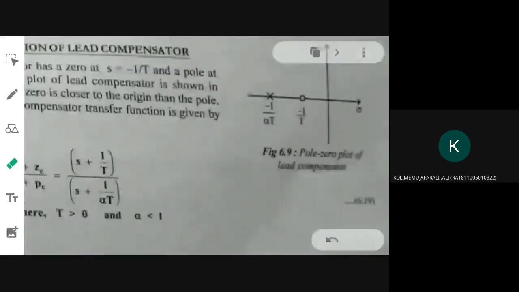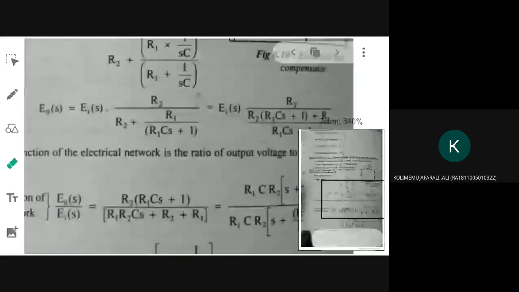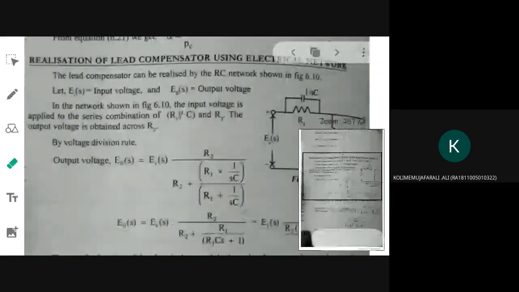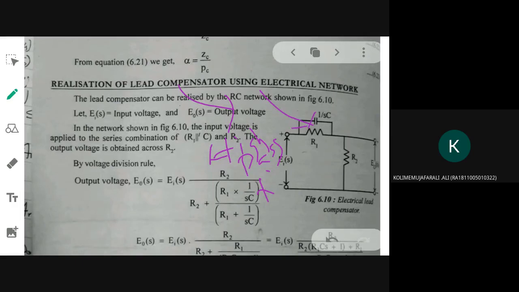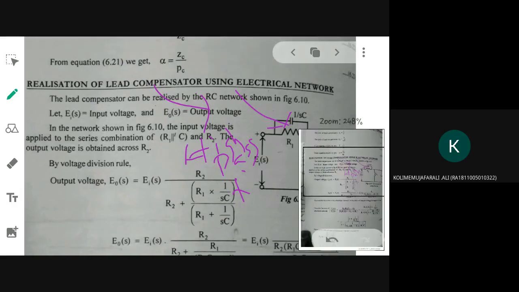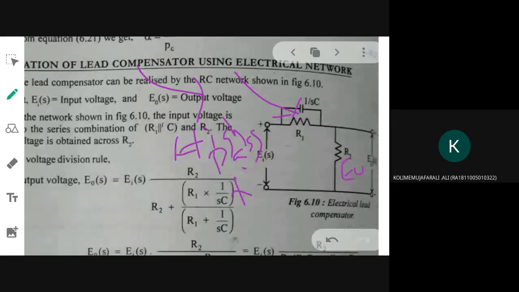Next we need to know how to realize this lead compensator by using an electric network. Like we did it for lag compensator. Lag compensator was equivalent to a low pass filter. Now as I already told you, this lead compensator is equivalent to high pass filter. So this is the electric equivalent representation. Again we need to find out the transfer function for this, that is the ratio of E naught of S to Ei of S, by applying voltage division. And finally this equation will be simplified and made equal to the standard transfer function representation, and if both are equivalent we will be proving that this lead compensator is equivalent to this electrical network.